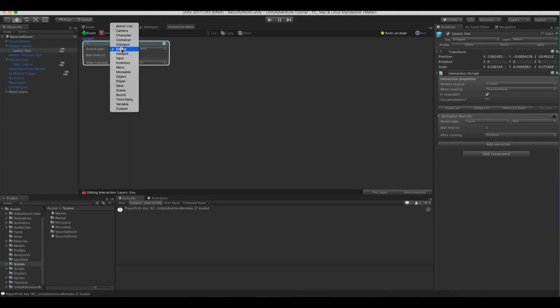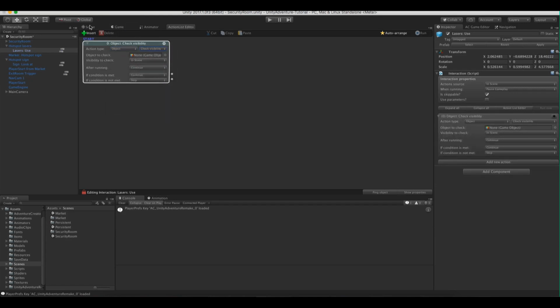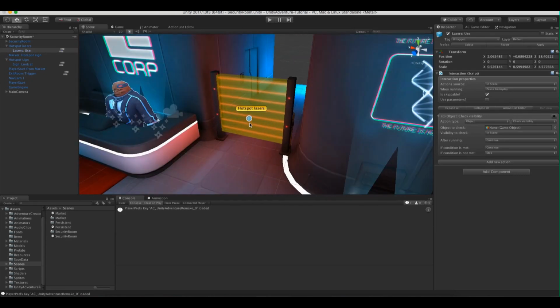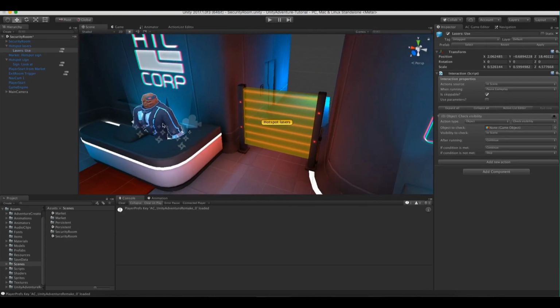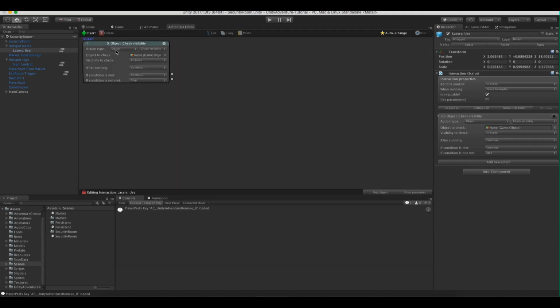Opening up the action list for that, the first action is going to be an object check visibility action, because when the player talks to the guard with the correct items, he's going to turn off the lasers, and he's going to do that by having the visibility of this mesh disabled. So we can read the visibility of that mesh to determine if the player can go through them or not. So in the action list editor, we have an object check visibility action, and the object to check is going